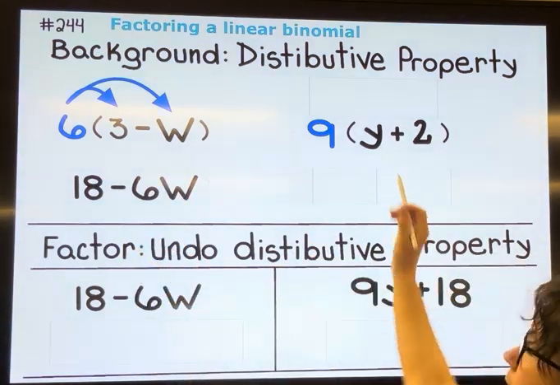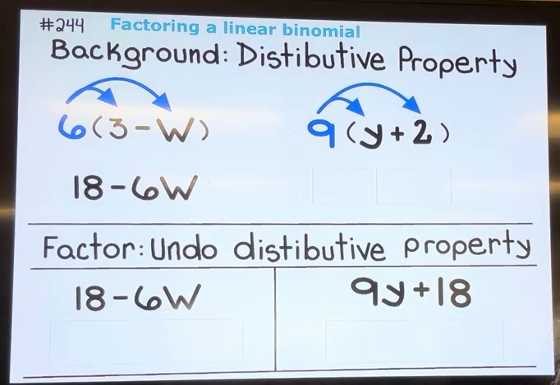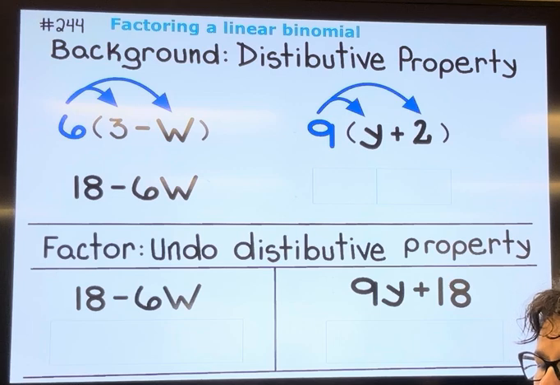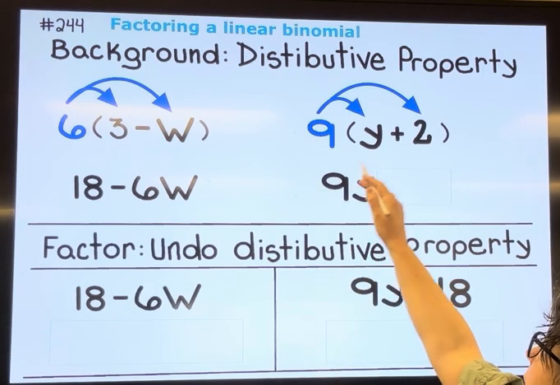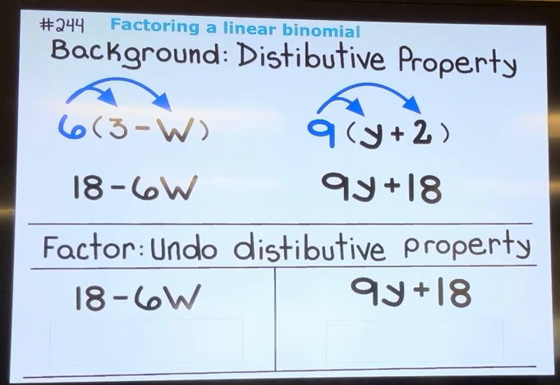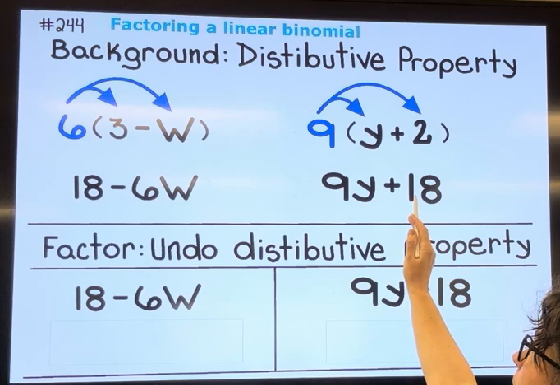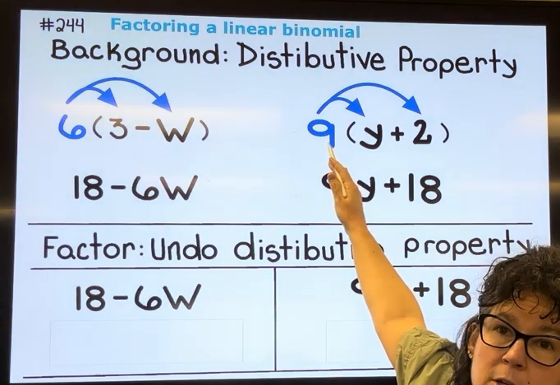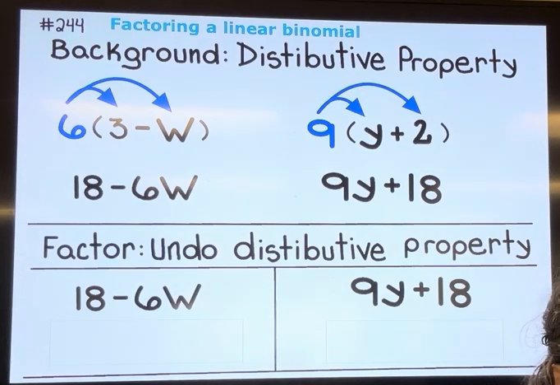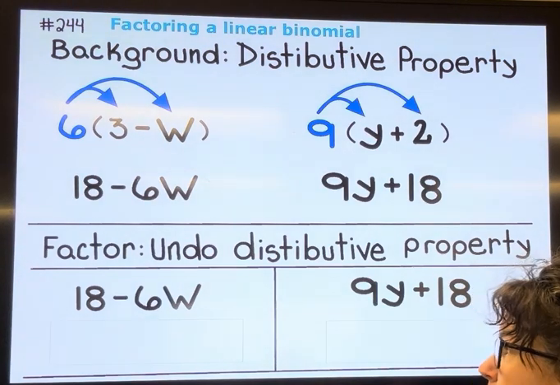Okay, in this one here, if I distributed the 9 through, 9 multiplied by y is 9y, and 9 multiplied by 2 is 18. But if I'm asked to factor 9y plus 18, that's going to be 9 times y plus 2. So knowing that we're undoing the distributive property,